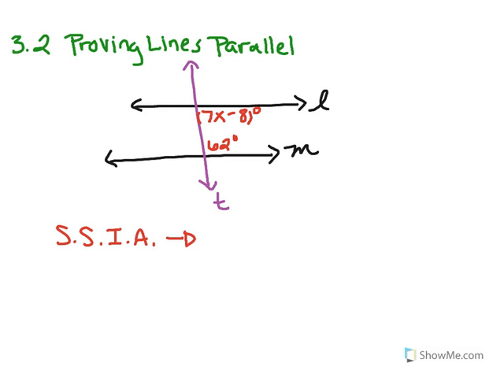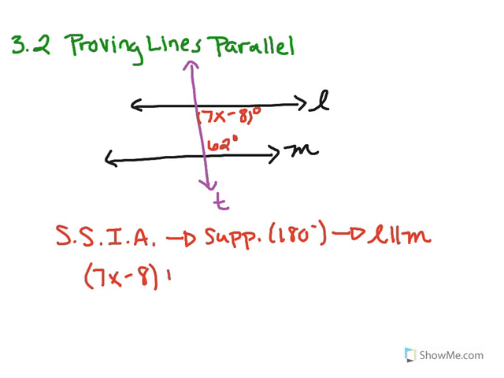And what I know about same side interior angles from my knowledge already, as long as lines L and M are parallel, then these would have to be supplementary. In other words, they have to add up to 180 degrees. If I can prove this to be true, then my lines L and M are automatically parallel. So how do I set up an equation to solve for x? Well, I'm going to do 7x minus 8, and I'm going to add that to 62 degrees,